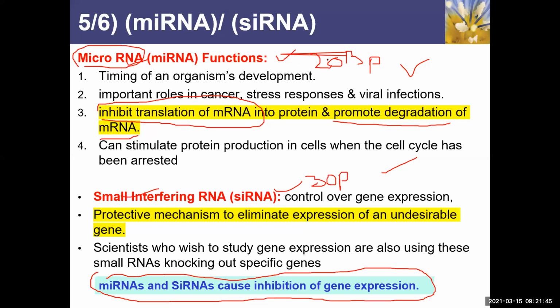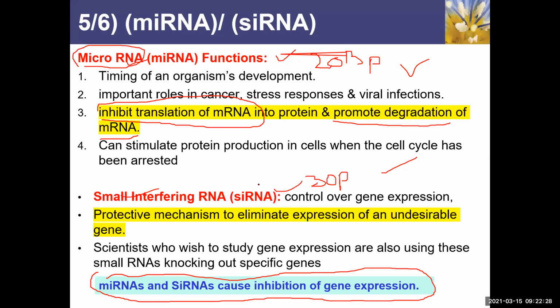Yes, and this technology is also currently being used in gene knockouts. You know what gene knockouts are? For example, let's say I don't know what the function of DNA polymerase is. So I use this technology, siRNA or microRNA, to inhibit the mRNA which forms DNA polymerase, any particular enzyme. As I stop its production, as I don't allow the mRNA to get translated,